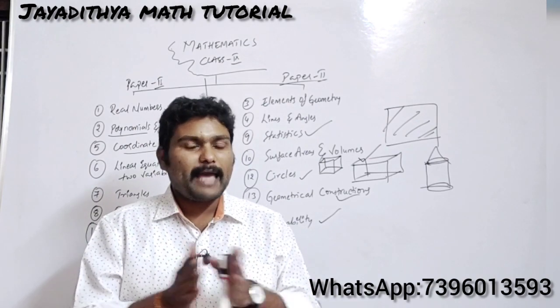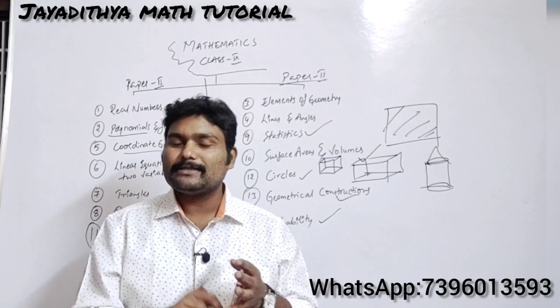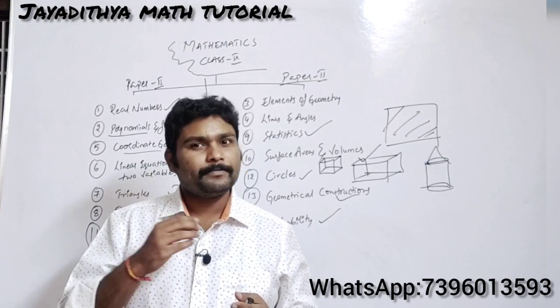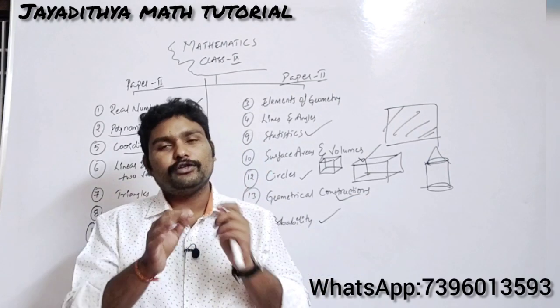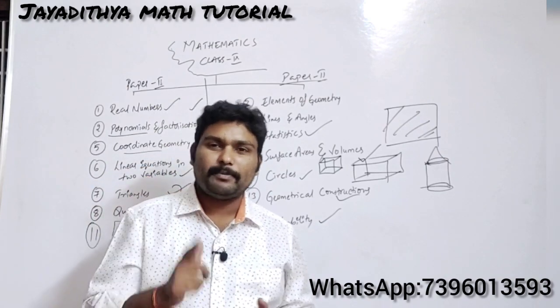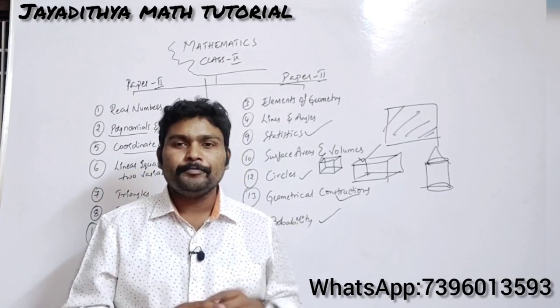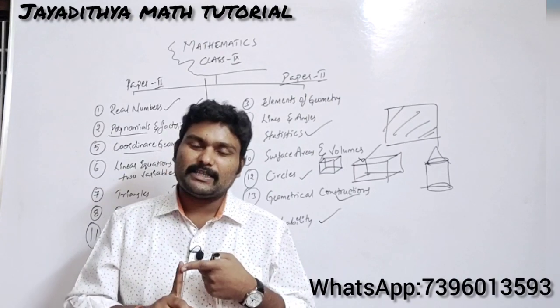So in your textbook you will be having some columns like do this, try this, think and discuss, and also you will be having examples. Then you have exercises, right? Now this must be your priority of preparation whenever you are starting your preparation. So you should never miss do this. That is the first part.